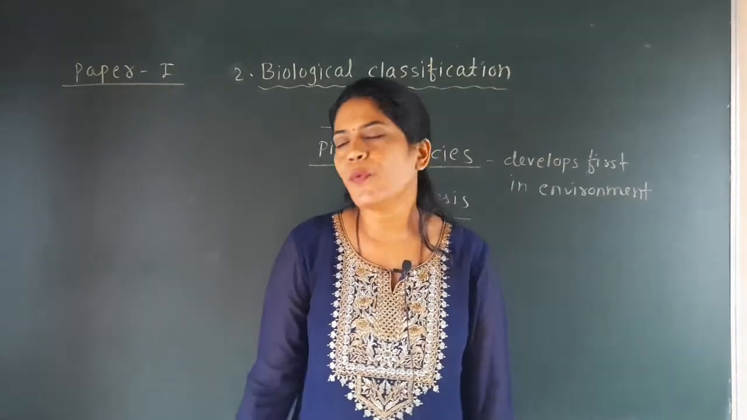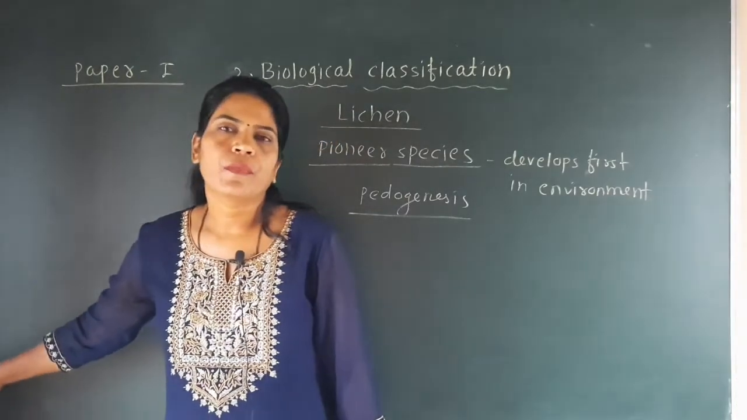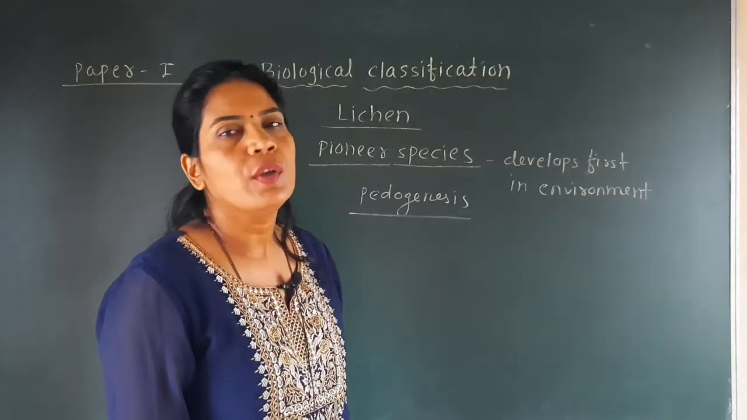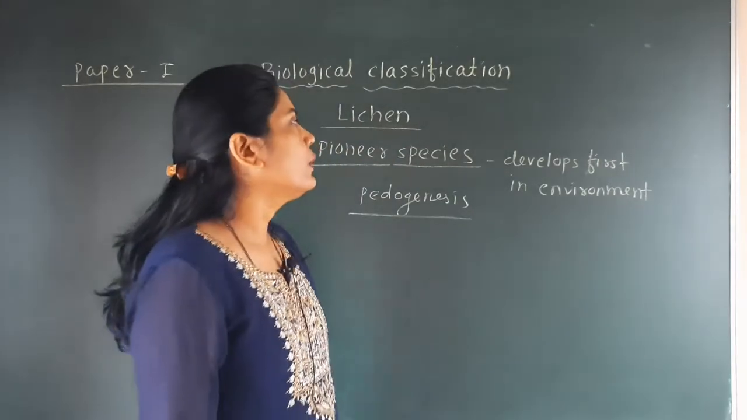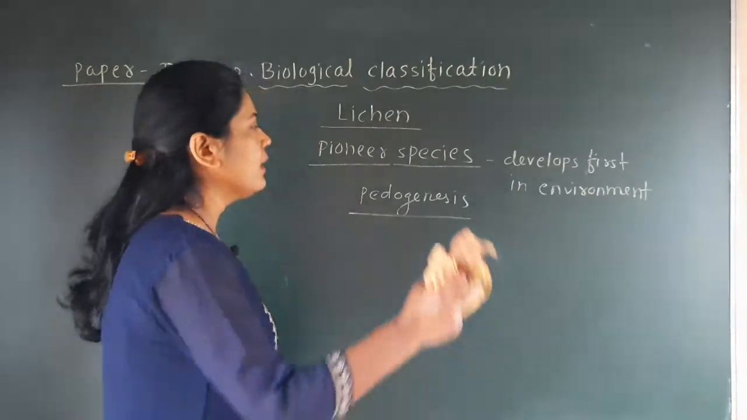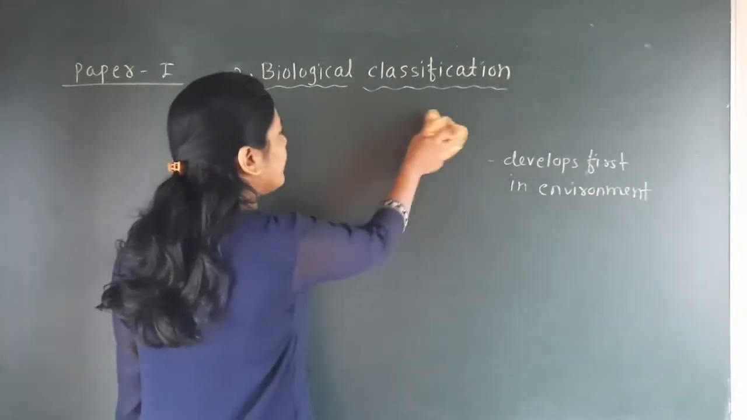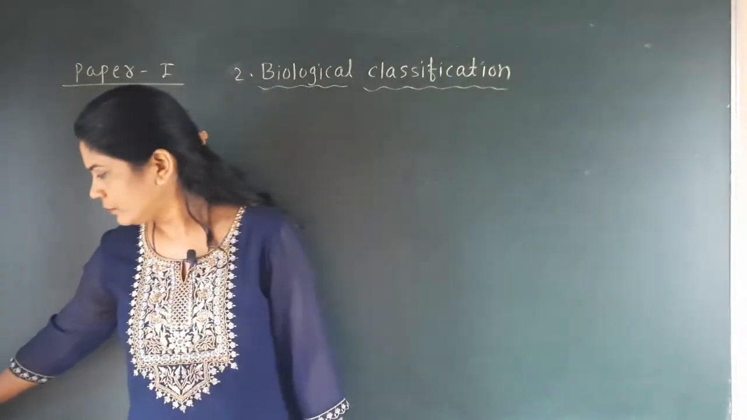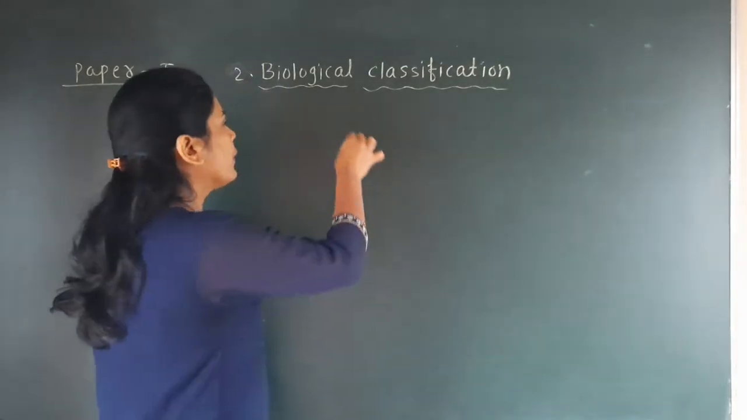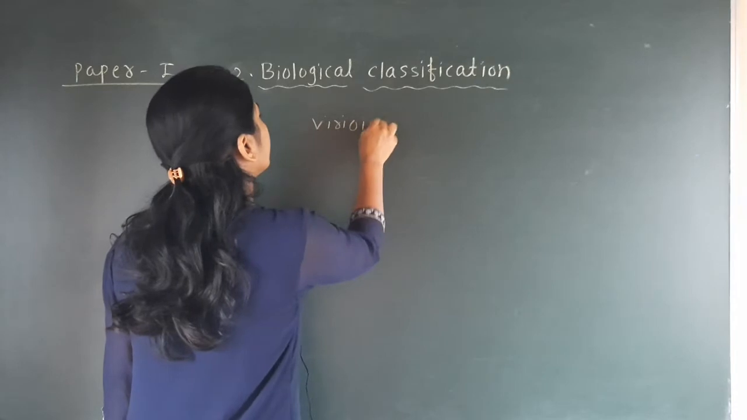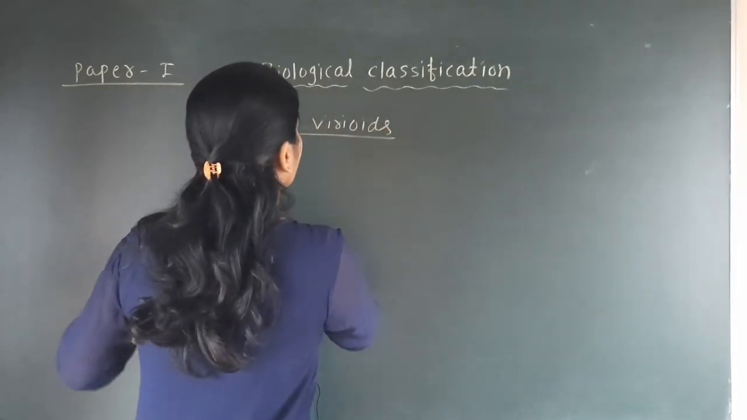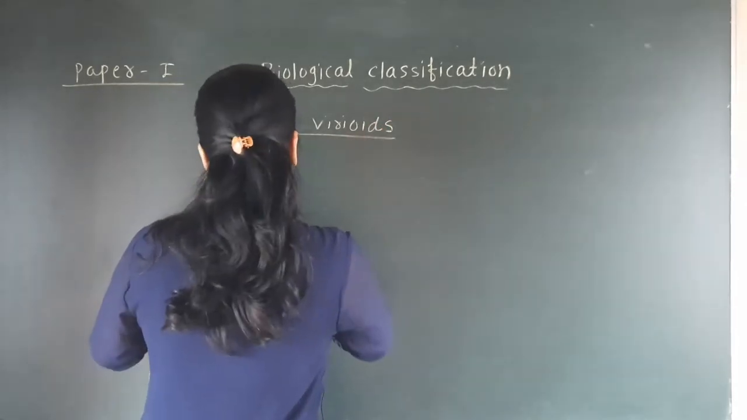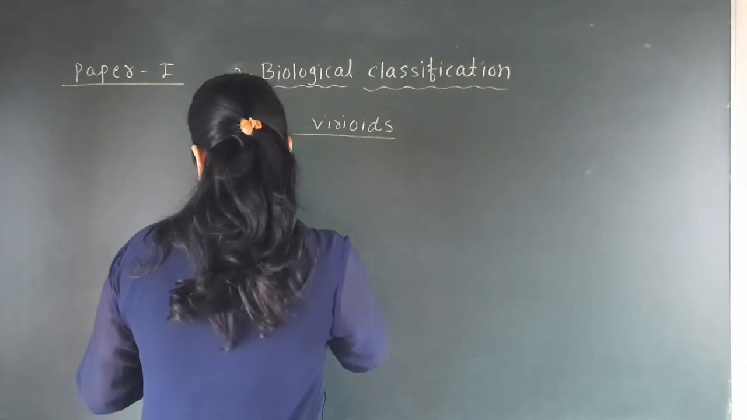Now the third point is about the viroids. In NCERT the terms given are virus, viroids and lichen. From that we have seen virus and lichen. Now the third point is about the viroids. So what is meant by viroids? Next point is the one that is viroids. And see here, in this viroids,